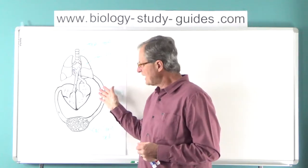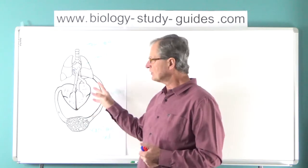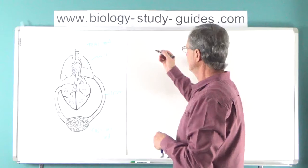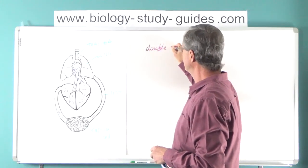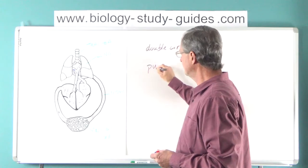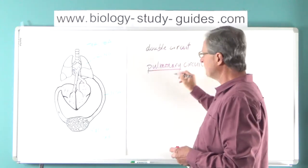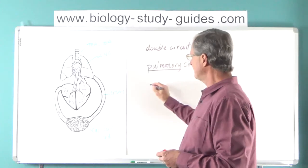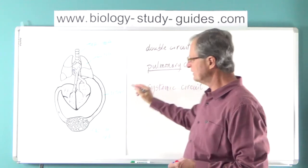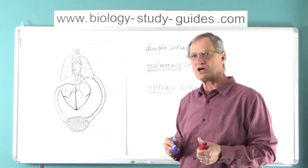Recognize that for every time the blood makes one complete circuit of the body, it's gone through the heart twice. That's why we call it a double circuit. We have a pulmonary circuit, pulmonary dealing with the lungs only, exclusively. And we have a systemic circuit, dealing with the systems. Notice one other thing, that in both of these we have oxygenated and deoxygenated blood, because